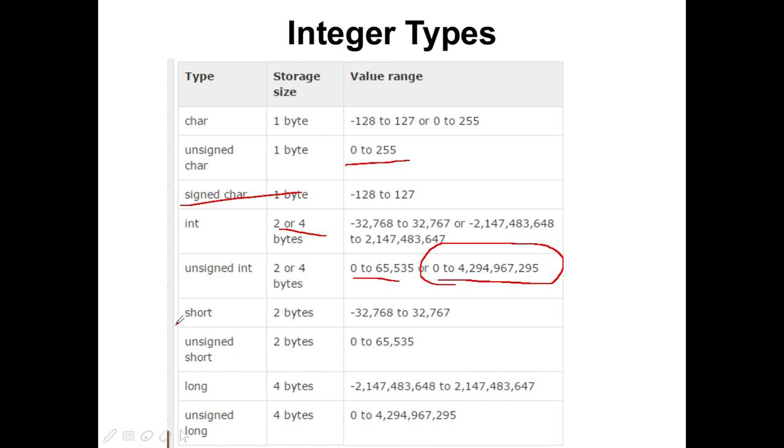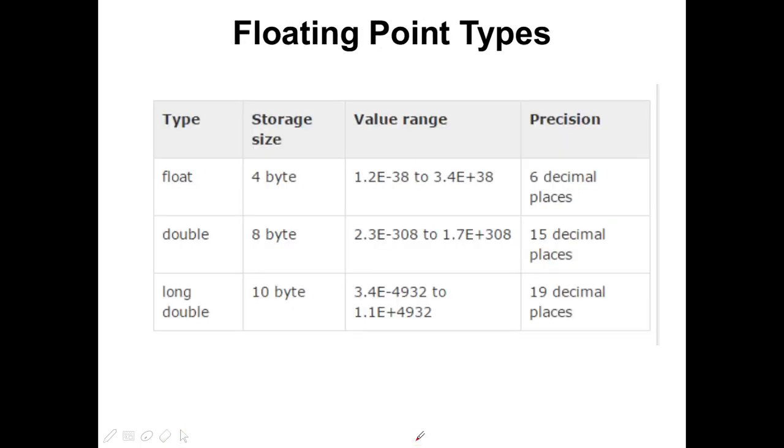And short, when you specifically say short, these are called qualifiers for the data type. When I specifically say short int, then I am forcing the compiler to allocate only 2 bytes. In that case the value can be from this range. And when I specifically say unsigned short, then no negative values, so the value will be from 0 to 65535. And long int, okay. So when you say long int, 4 bytes are getting allocated, and it will be of this range.